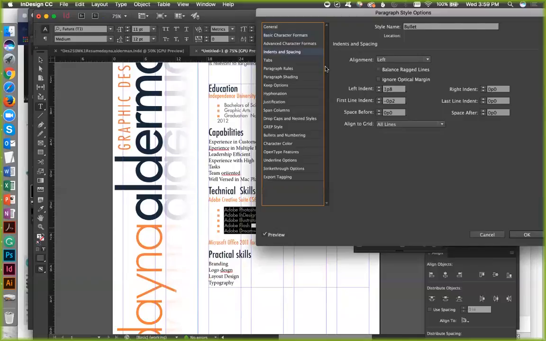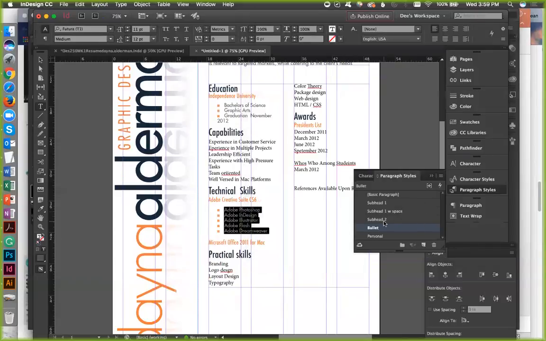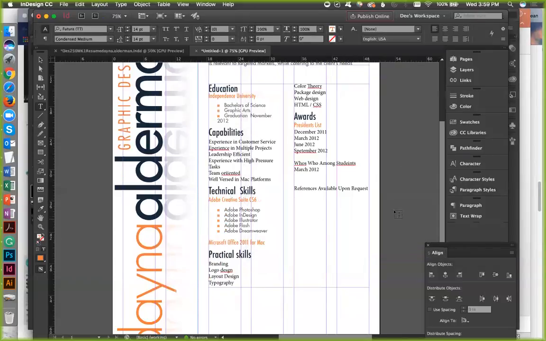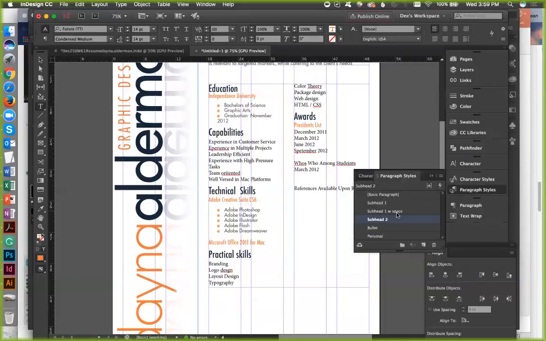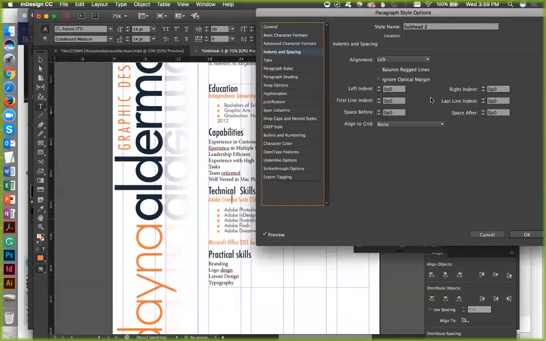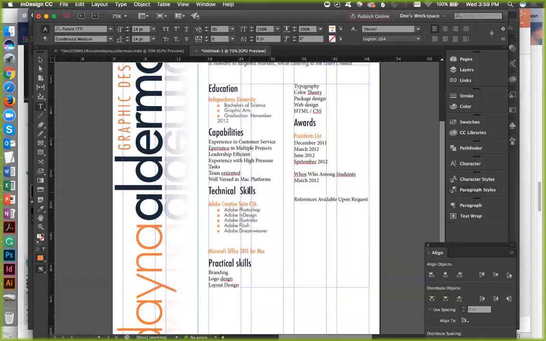I don't get it. Small lines. Could be this one here. So we have two. There's no space. Oh, that's why. All lines, Demi. All lines. There we go.